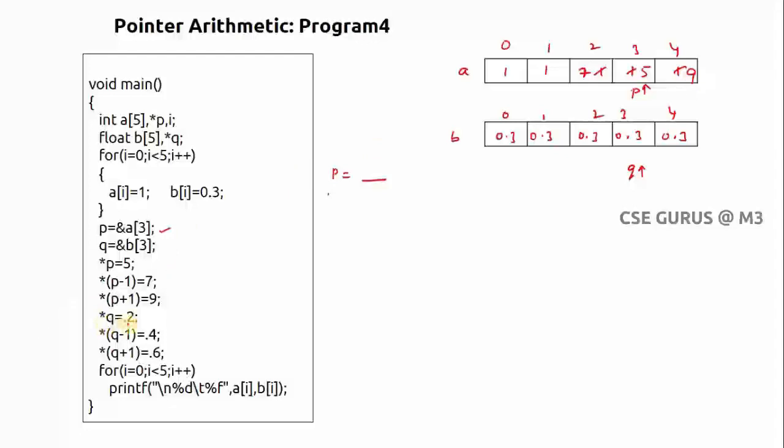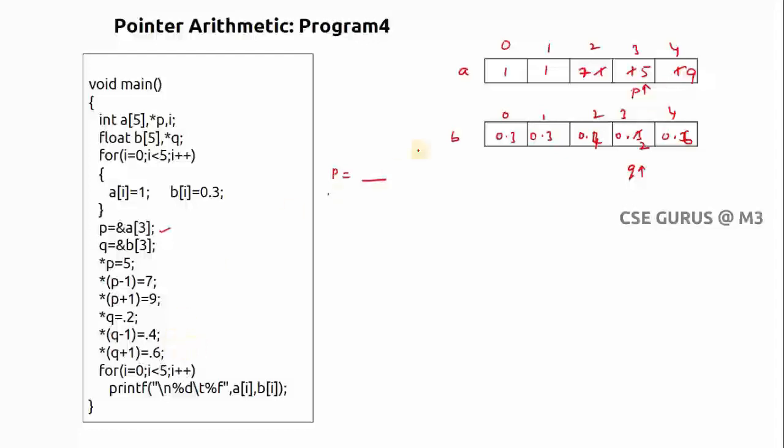And what about pointer q equals 0.2? Where is q here? This has to be 0.2. Now q minus 1 is 0.4, q plus 1 is 0.6, like this. So here also the position of q will not be changed. Here it is q minus 1 and q plus 1. It is not about q minus minus and q plus plus. Anyway, I'll explain increments and decrements in the next program.